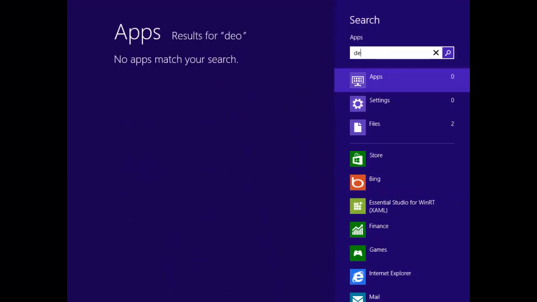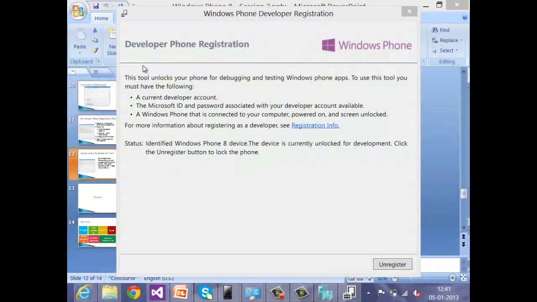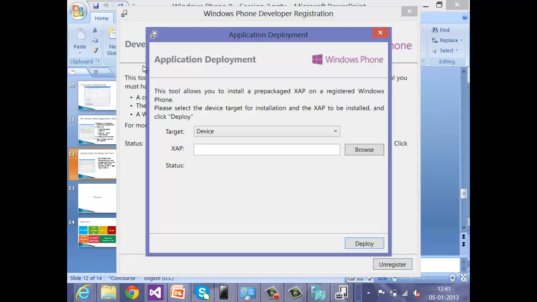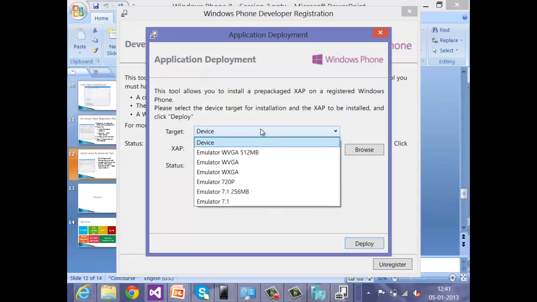Then we have this application deployment tool. Now I can select the target device, either an emulator or the actual Windows Phone device. I'll select the emulator.